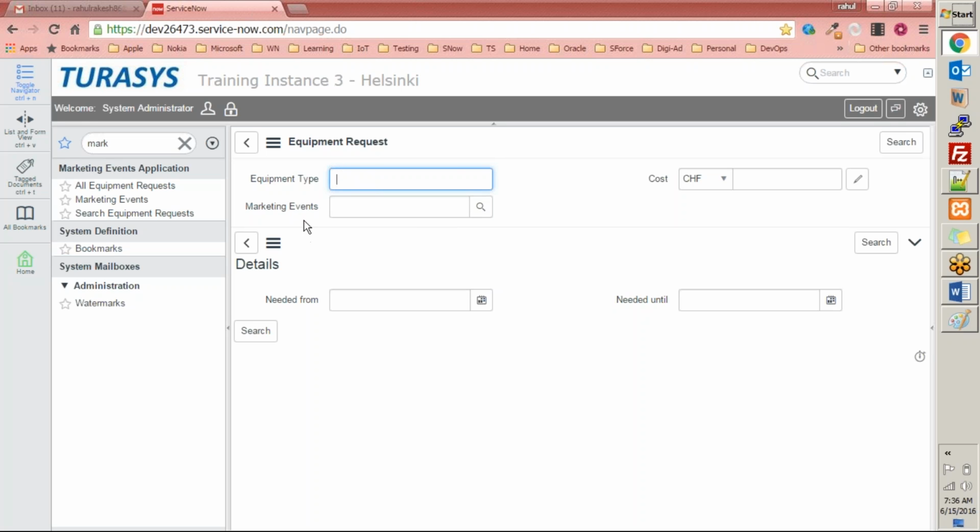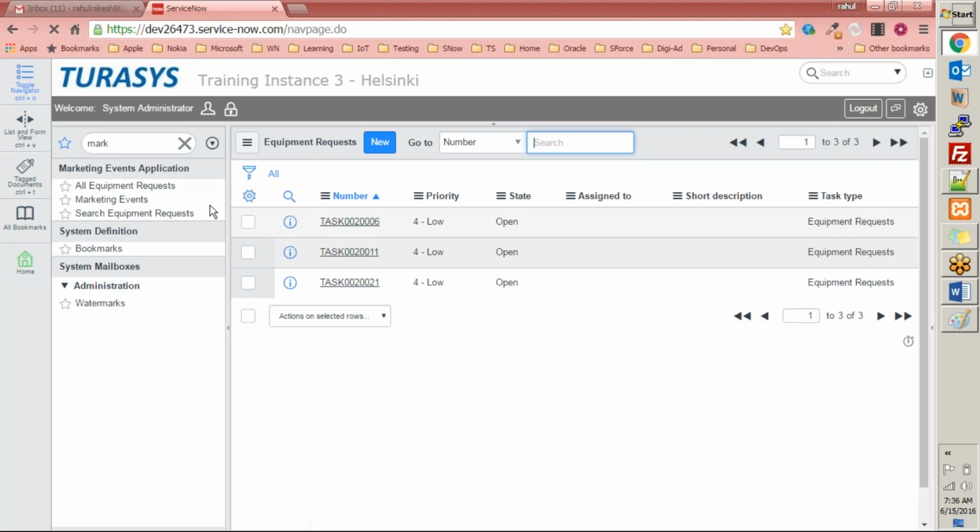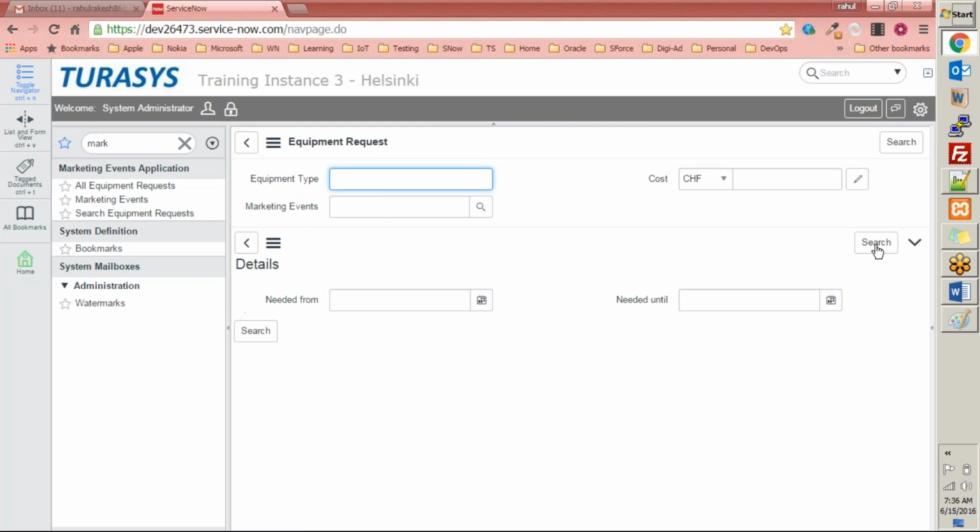But here, you do not have a submit button. All you have is a search button. Search button here, search button here, search button here. Okay? So using this form, now you have a search tool here, a module which is a search module. If you want to search, let's say, an equipment type like projector or something,